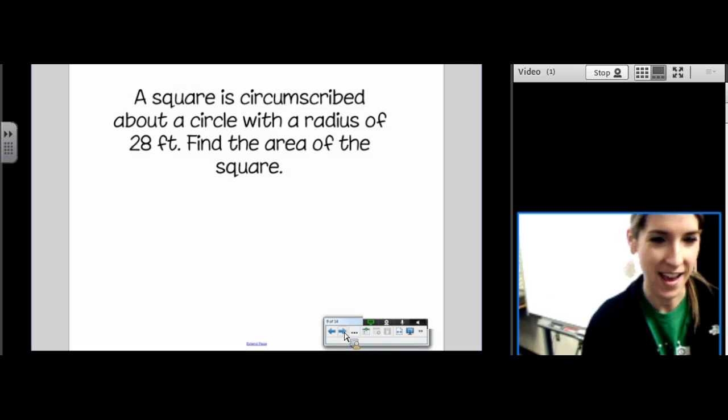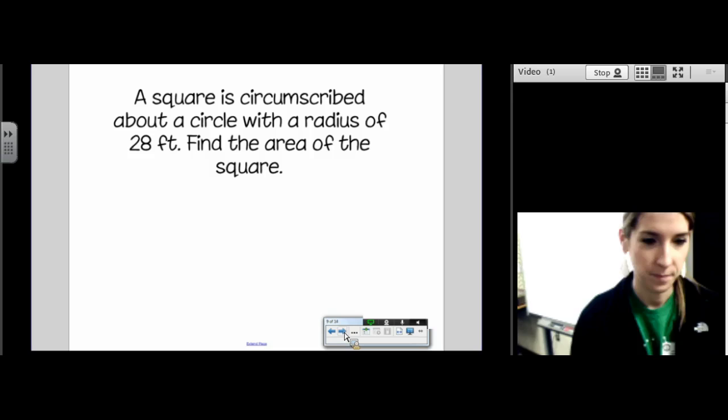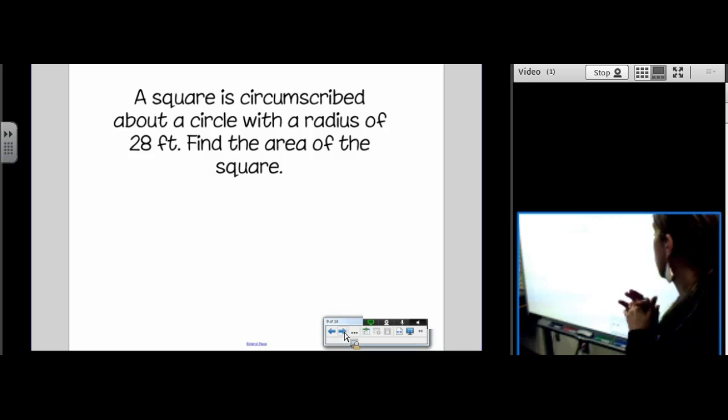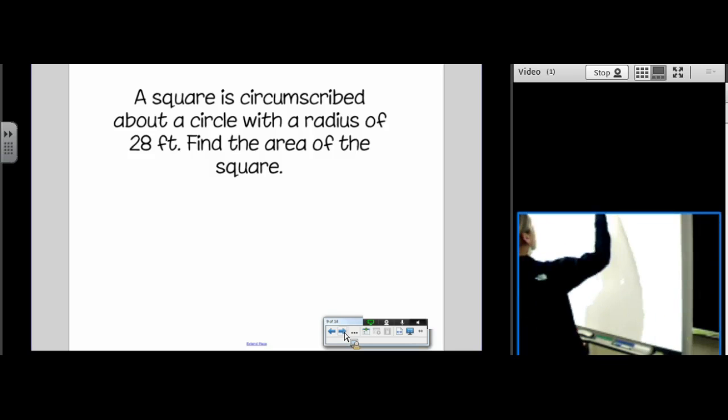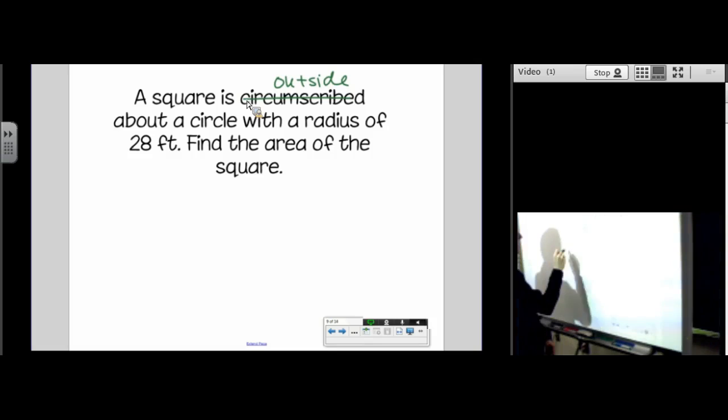Yeah, sorry about that. A square is circumscribed about a circle with a radius of 28. Find the area of the square. So remember, when you're working these problems, you can cross this word out and write "outside." So that's saying a square is outside a circle. That's really important,